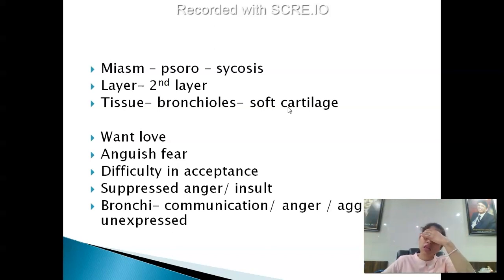So when we are talking about our existence, we are talking about love. I told you, we are talking about those people who are around us, who are supposed to give you that love and protection. There is a lot of anticipation, there is a lot of fear, and I cannot accept easily that this is not going to be a danger. So I have a suspicion upon me, and I really feel that this is going to be dangerous to my VIP zone. So there is difficulty in acceptance. I will not accept you because, unless and until you prove to me that you are not dangerous to my VIP person, I will not allow you to enter. So that is what the difficulty of acceptance is. I cannot accept my